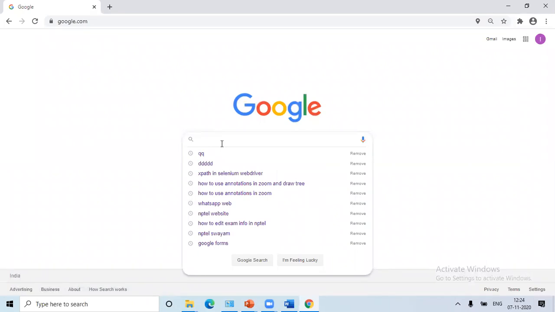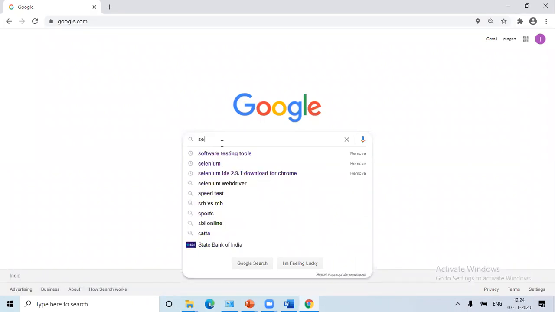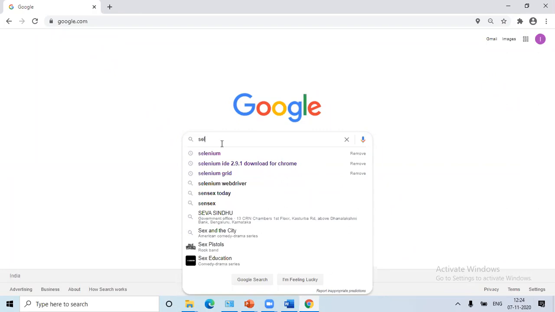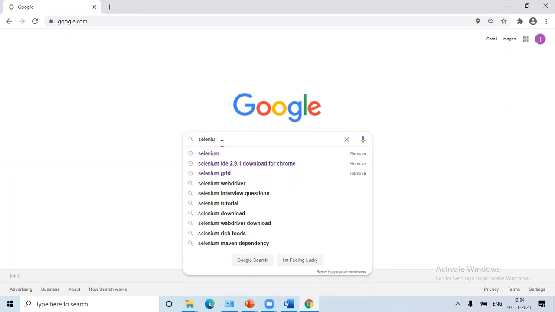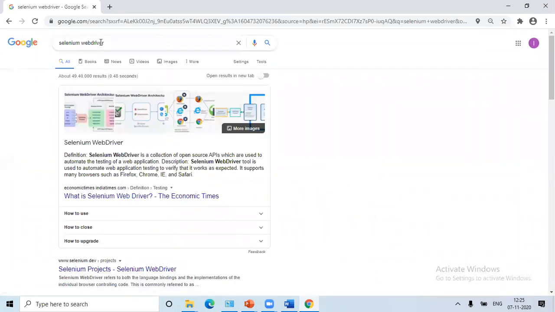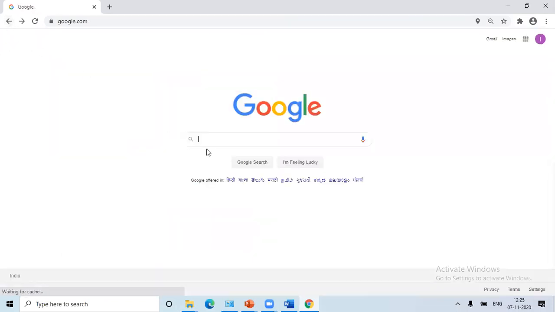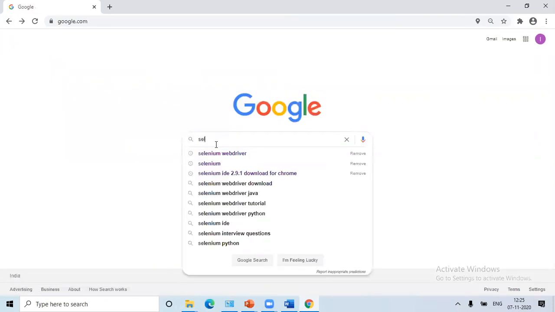For that we need two things. One thing is we need Selenium. So instead of this, we can go directly to seleniumhq.org.